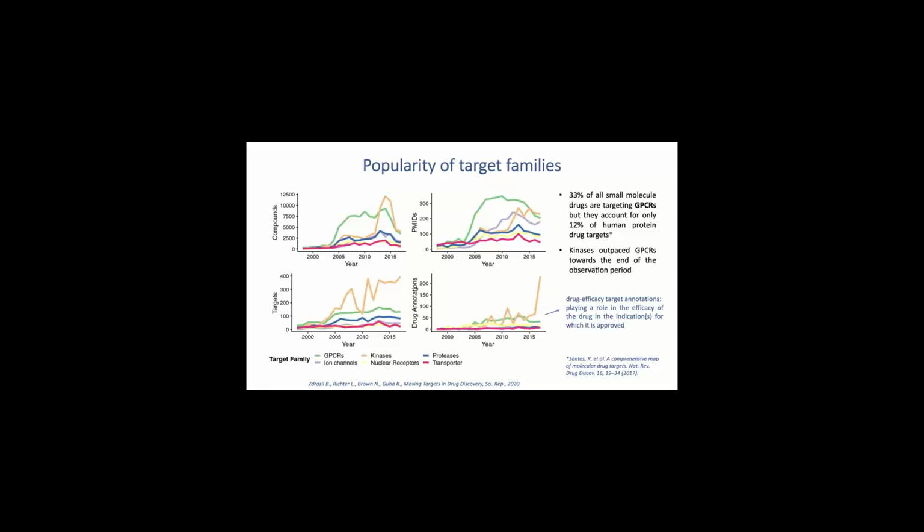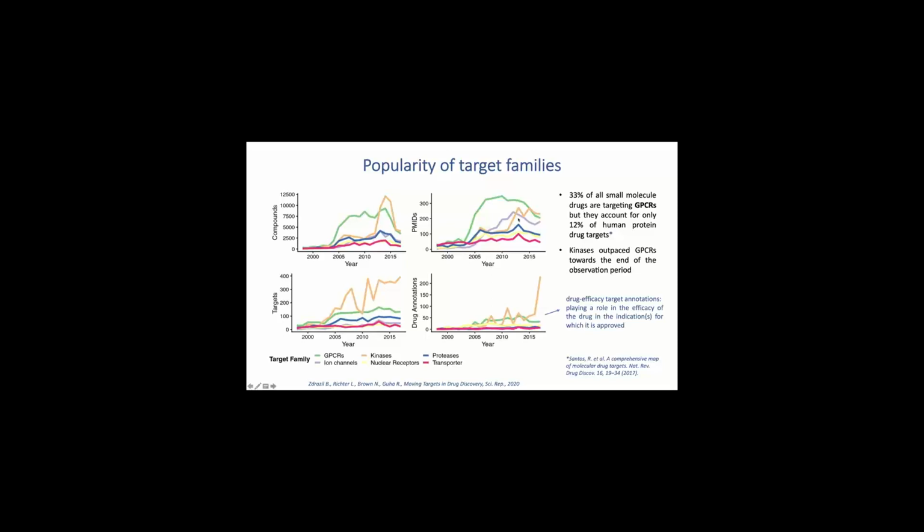And again, a bit similar to the previous paper, we looked at new compounds, not new compounds per year, but compounds published per year in ChEMBL for each target family. So the different colors encode the different target families, and also unique targets per year, and papers, that's the right upper corner, PubMed IDs, and then we also looked at drug annotations.